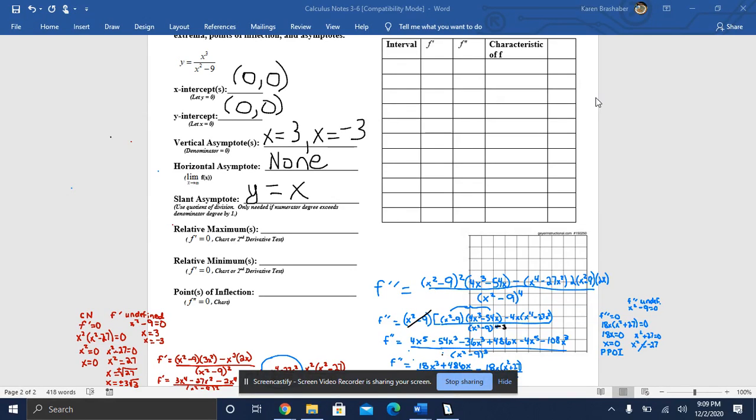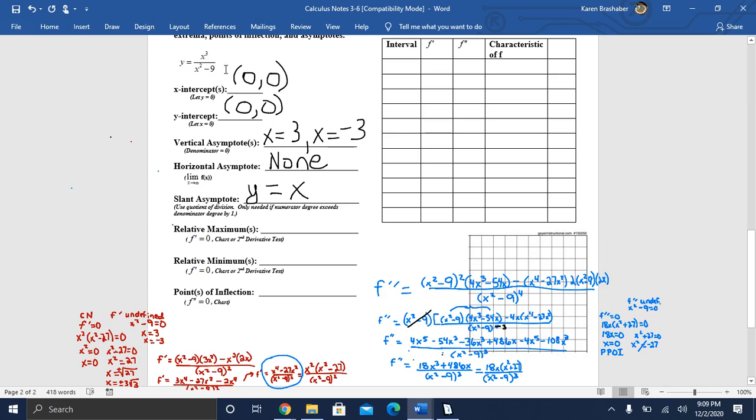All right, so in this second video, I'm going to set up the chart, and I wanted to talk to you about the intervals that we would be using. So this is a rational function, and so we can begin at negative infinity, and you just want to be sure that you are keeping track of all of your different breaks. So on the far left, we have negative infinity, and then the next break would be the -3 times